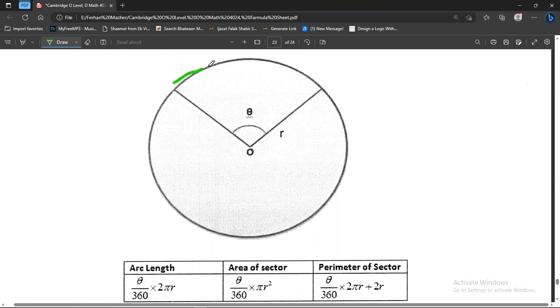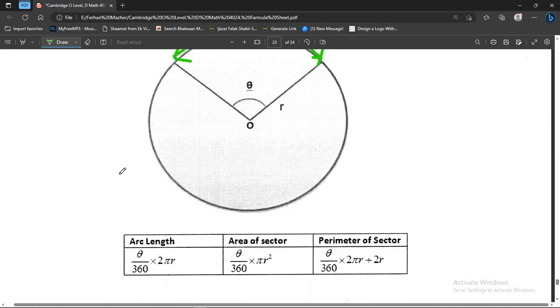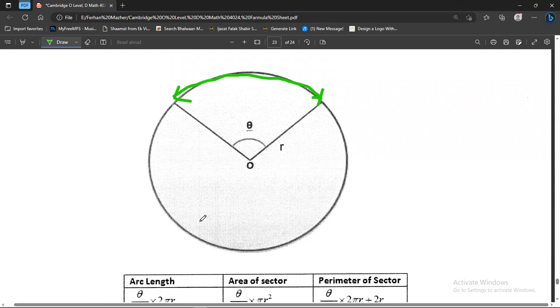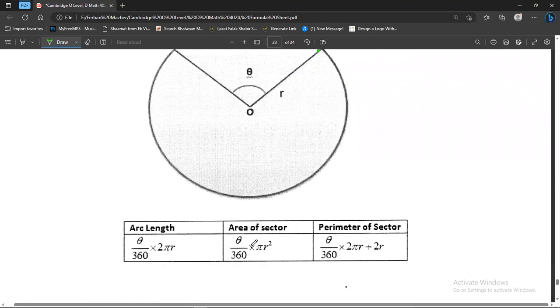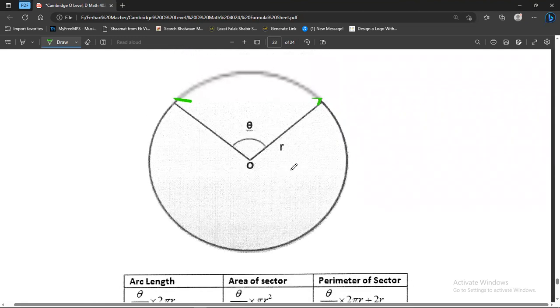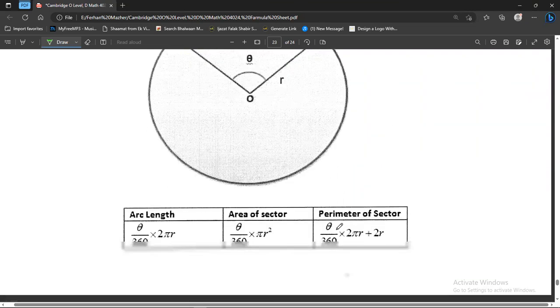The area of this sector will be theta by 360 times pi r squared. The perimeter of the sector is this radius plus this arc, and that will be theta by 360 times 2 pi r